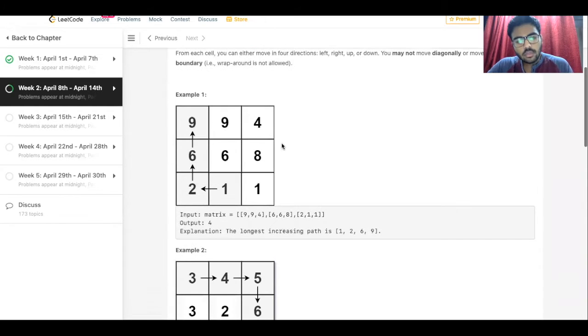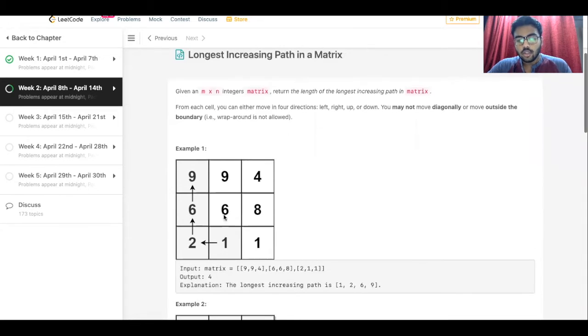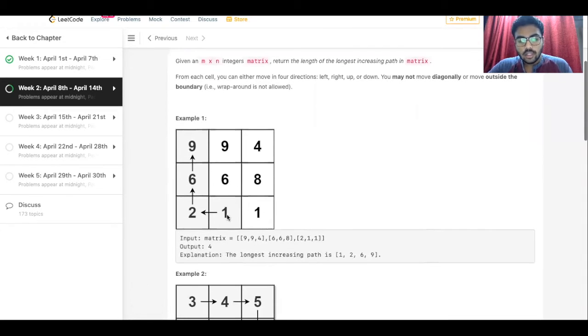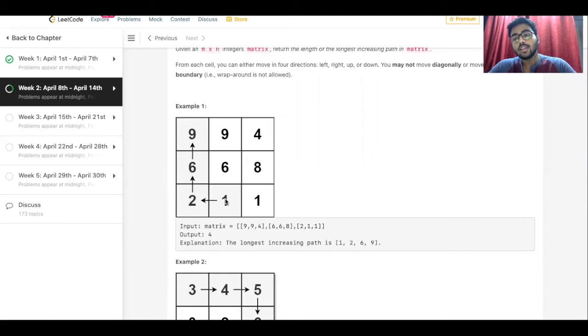Okay. So we've been given a matrix and we have to find the longest increasing path which is available in the matrix. So for example, in this matrix, we can see 1, 2, 6, 9. This is the longest increasing path. When we see the numbers 1, then 2, then 6, then 9, this is increasing, right? The numbers are increasing. Therefore, this is the longest increasing path in this matrix. So we consider this as the longest increasing path, and therefore we'll return the length of the longest increasing path,